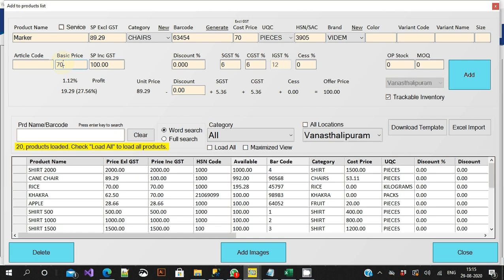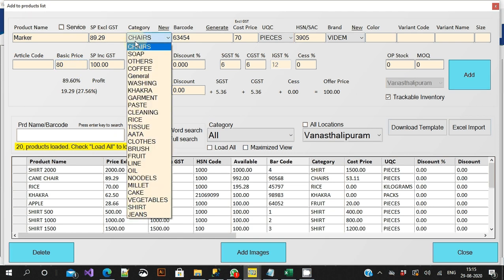So if I put basic price as 80 rupees, I should be able to sell anything above 80 rupees. Below 80 rupees I cannot sell. So that's how this base price is computed. Right now I am selling it at 89 rupees, but I can give a discount, and I want to allow down to 80 rupees so that at least I get some margin.